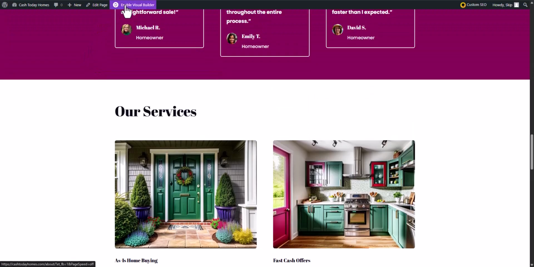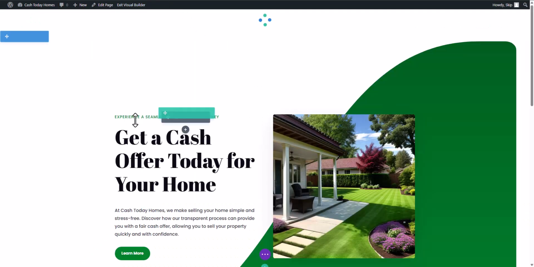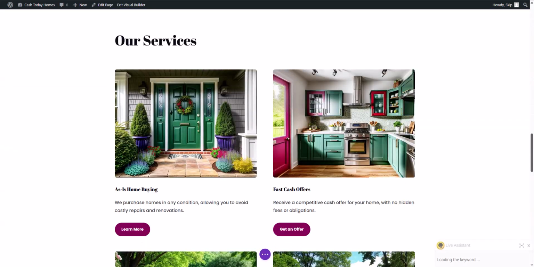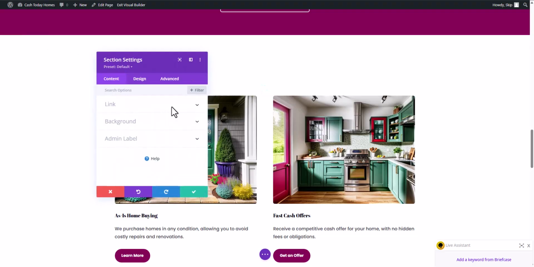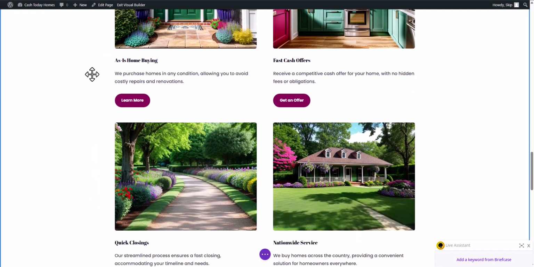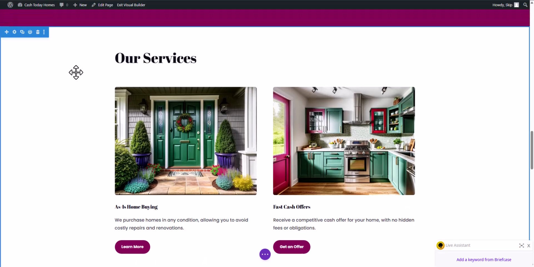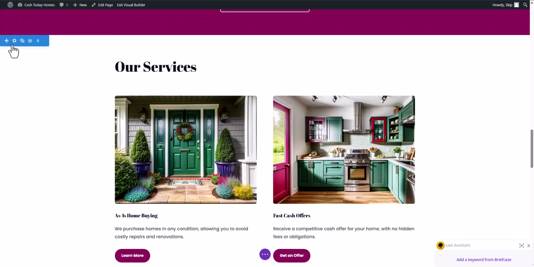And actually, you know something? Let me close out that visual builder. I'll open that one after, because I want to save this as a global element. So let's go right here, and I'll take this whole section. Let me just double check. Okay, so that whole blue box goes down to here. I want this whole section. All right, so I do that from here,